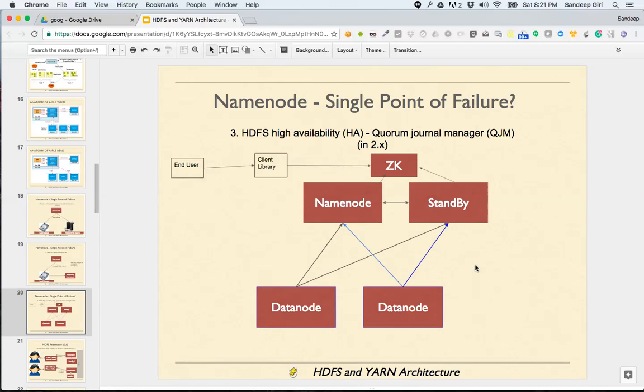All right, so the important part to understand is there is a name node and a standby, and there are many data nodes, correct?